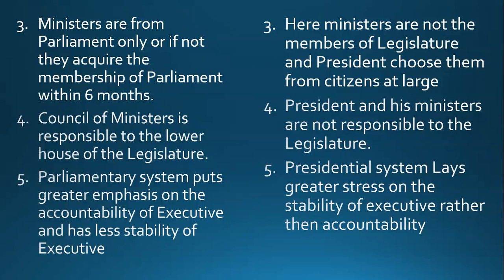nobody can remove the president from his position. So it is also said that once the president of US is elected, then it is next to impossible to remove him from his post. Okay, why? Because the process of the removal of the president is very difficult. It is next to impossible to remove the president of USA because the process of his removal is very difficult. Okay, means the government is highly stable. It is very difficult to remove the government, but the government is not that accountable because there is no one to ask questions from the government. There is no one to punish the government.